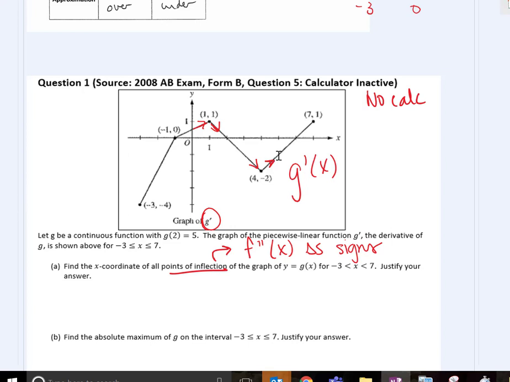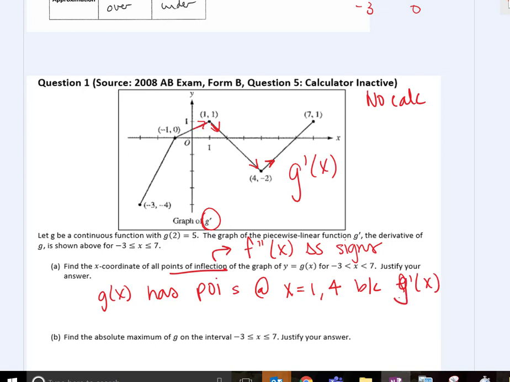at 4. So let's get that written down here. So I'm going to say g of x has POIs at x equals 1 and 4 because, remember, we're always using names. We never say it. Oops, not f prime. g prime of x changes from increasing to decreasing